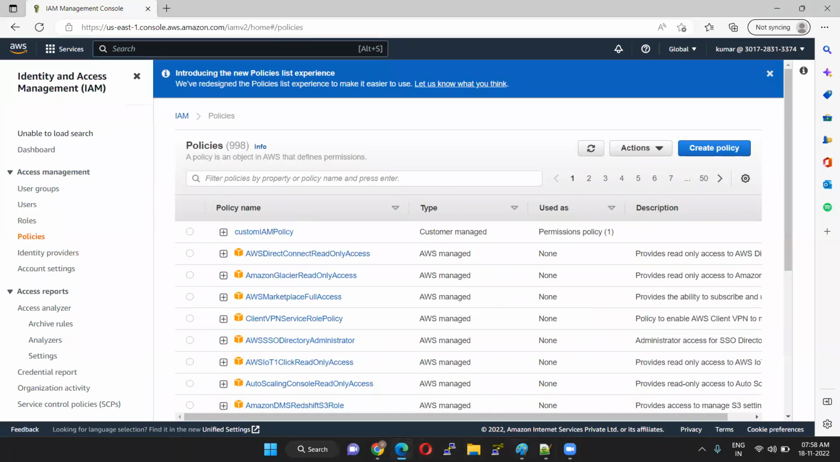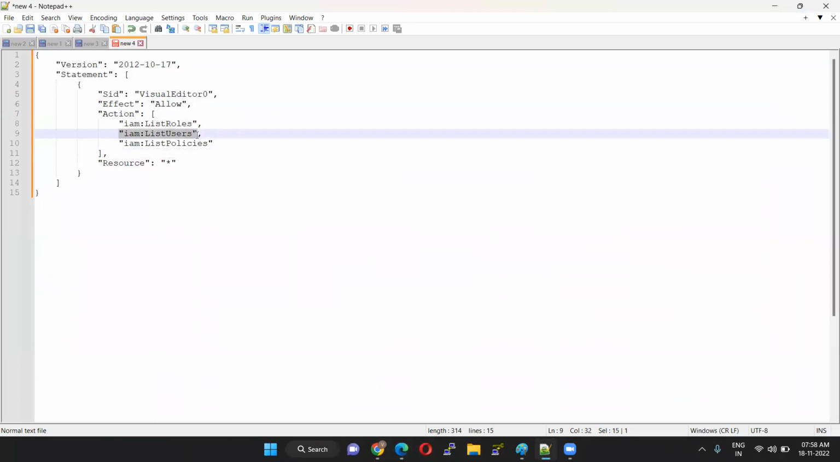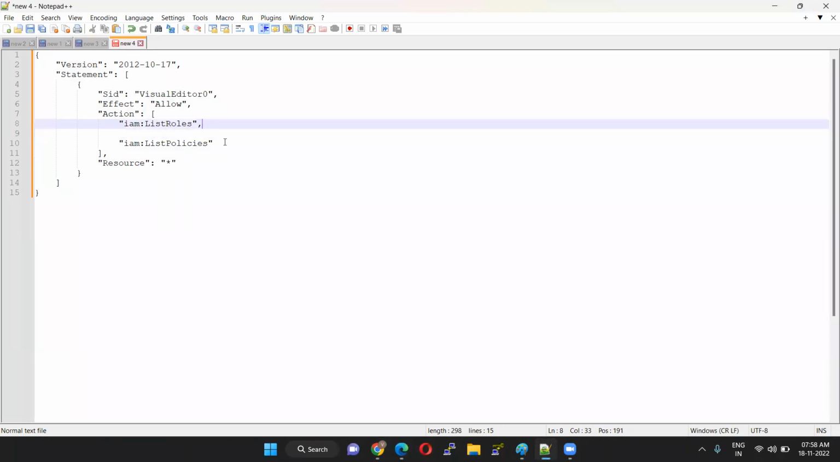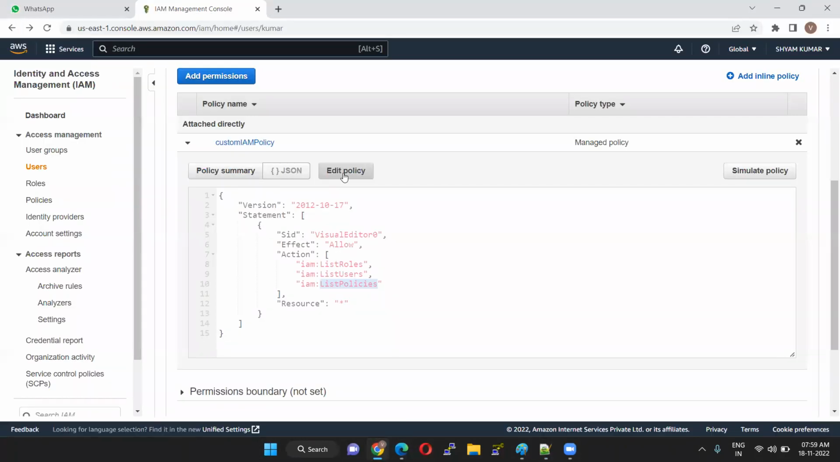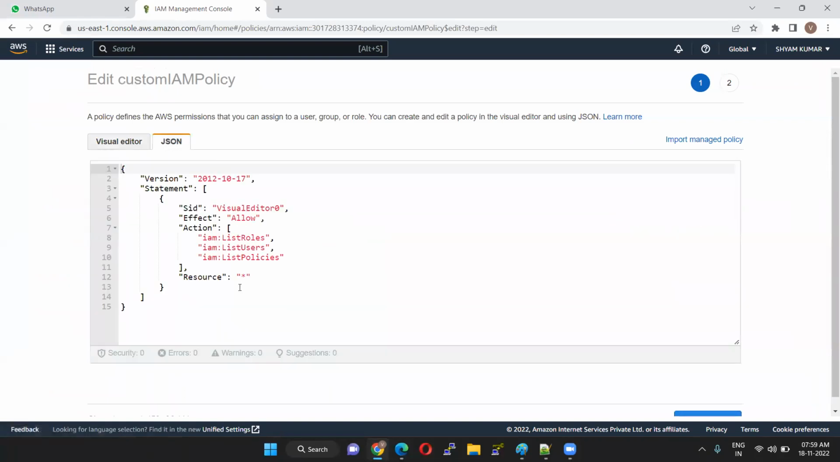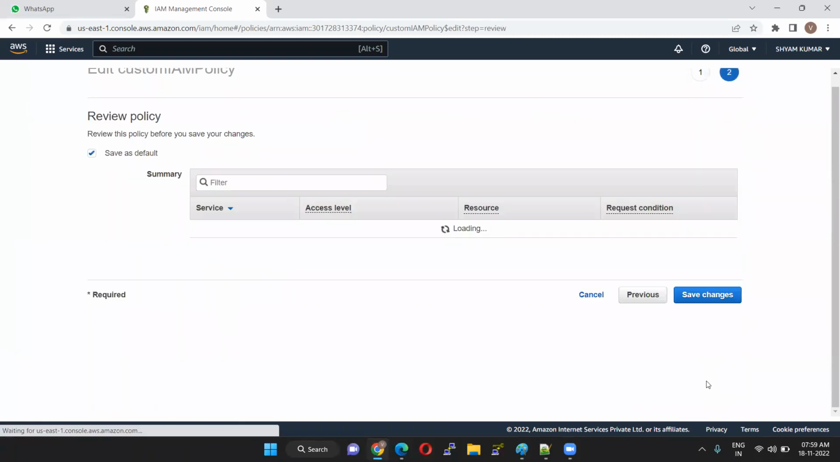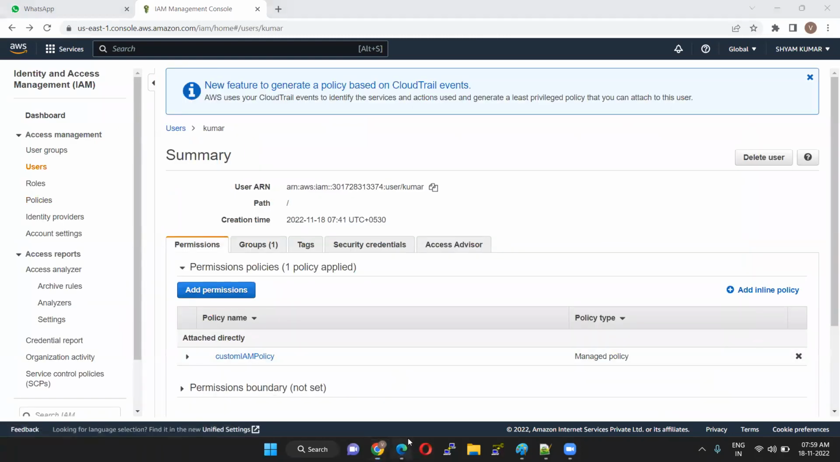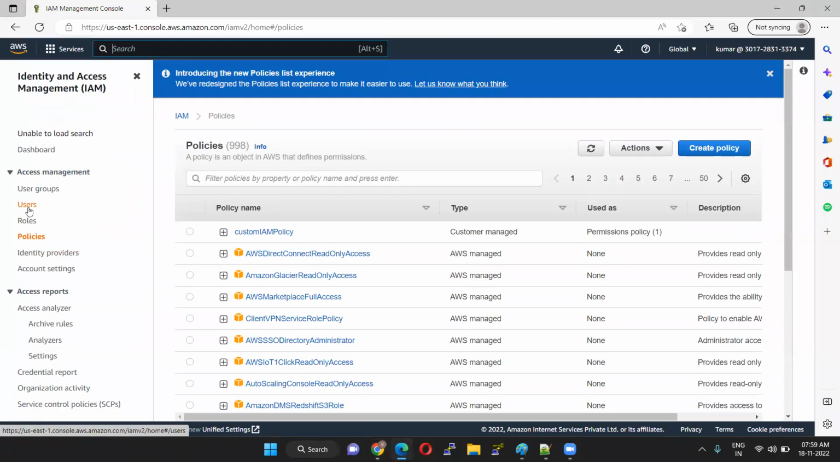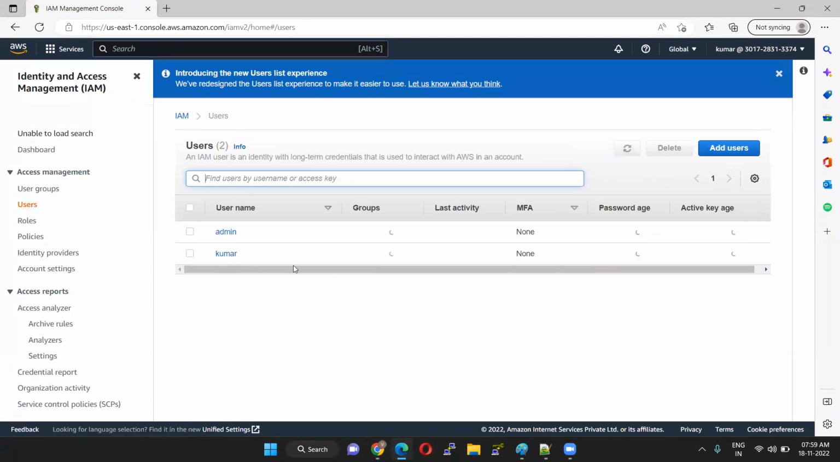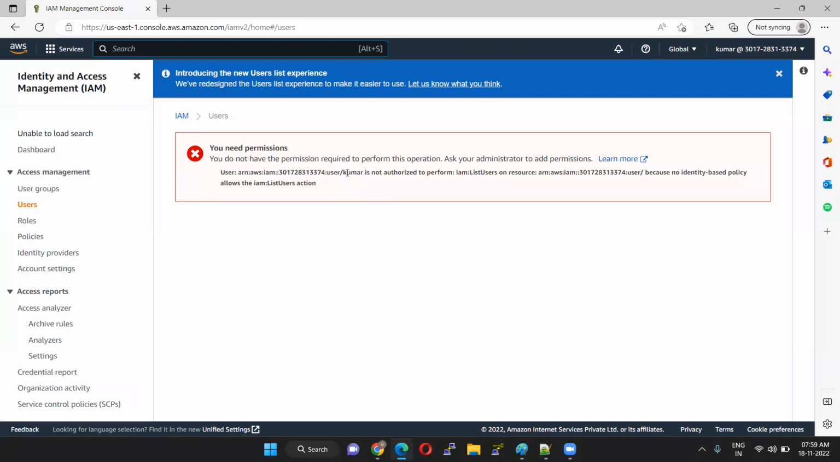So if you want to restrict, come here. I want to delete users. So delete this one. Okay. Control L, Control C. Edit policy. JSON. That's it. Only roles and policies. Okay. Reviewing policy, saving the policy, save changes. So come here, refresh it. Okay. So users we are restricted. So if you click the users, previously we had the permissions to view the users. Now we will click the users. You can see. Okay. So user Kumar is not authorized to perform list users because we don't have permissions